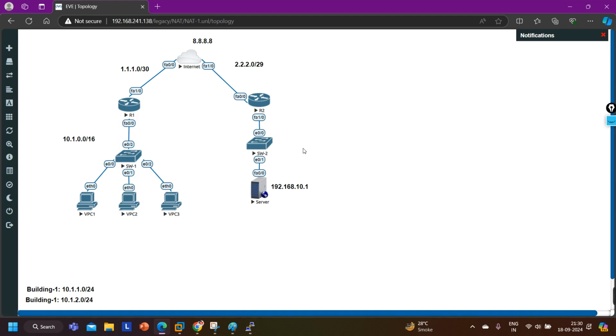Single public IP, yes, we can use. Even if I have multiple servers here, I can use multiple public IP addresses. One public IP address cannot be used for multiple servers. In that scenario, you have to configure PAT, not a static NAT. And if you configure PAT, then outside users cannot access your server. If you want outside users to be able to access your server, then you have to configure one-to-one NAT only. And in one-to-one NAT, you have to reserve one public IP address for one private IP address.